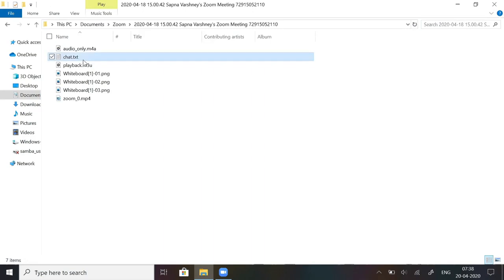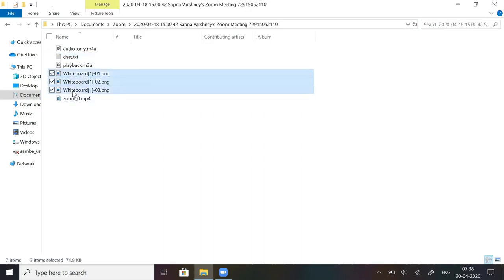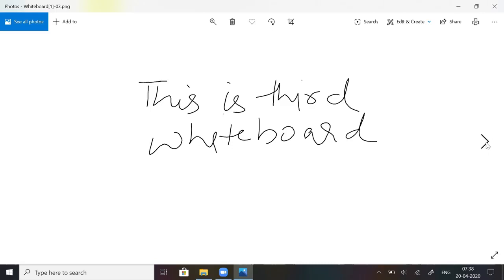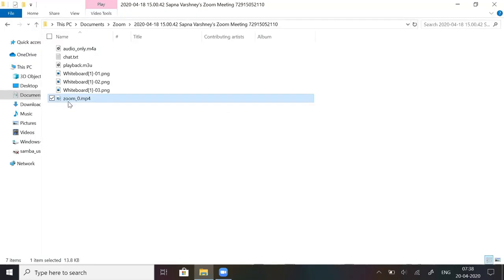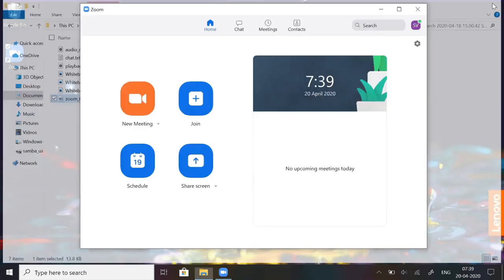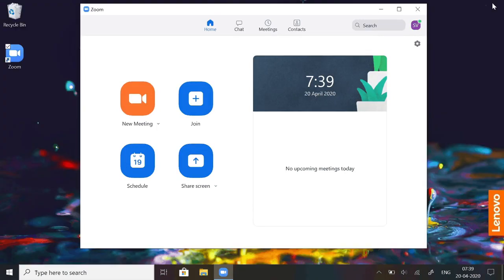As you can see, the chat file is saved here. Similarly, the 3 whiteboards that were created during the meeting have also been saved. Open the images to check. So the 3 whiteboards have been saved. The Zoom recording is also saved in this folder that can later be shared with the attendees of the meeting. Close Windows Explorer. Go back to the Zoom app. Files related to the meeting, that is chat, whiteboard, recording, are saved in your local drive in a specific